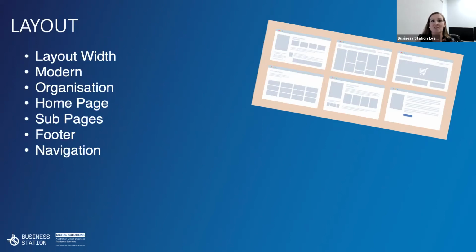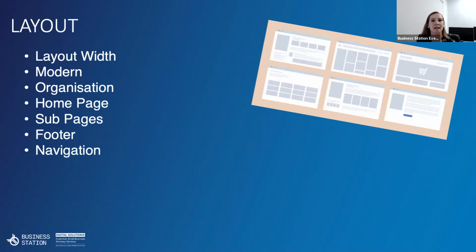The organization is crucial, and that's in terms of your content. So make sure that your content and the sections that your content is in is well organized within your layout. Your homepage should feature your most important content, and users should get a real sense of who you are just by looking at the homepage. Your sub pages should have consistent layouts again, and easy to find pages that are deeper in your site and no more than those 3 clicks.